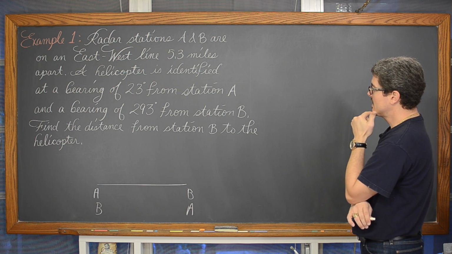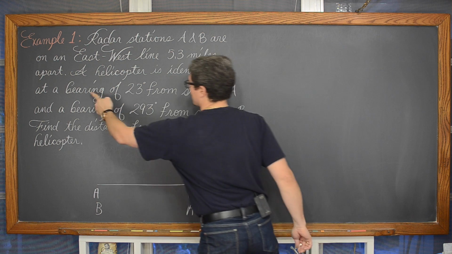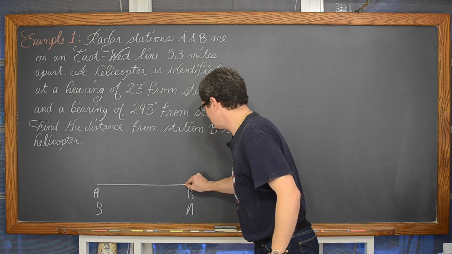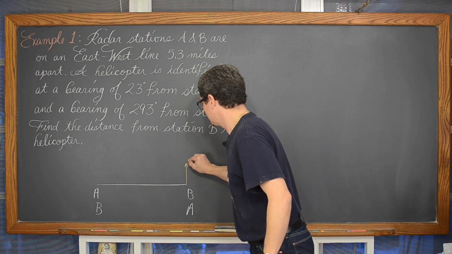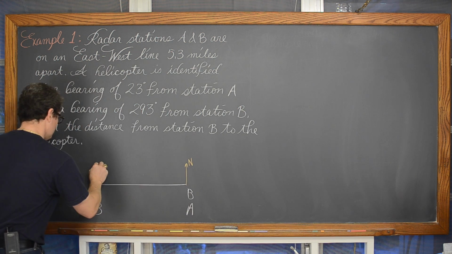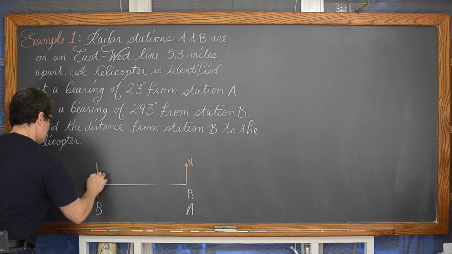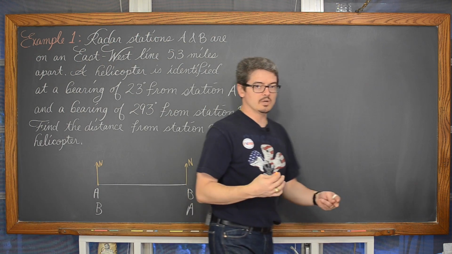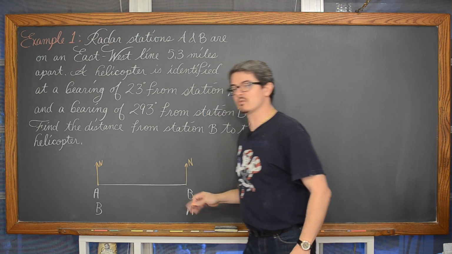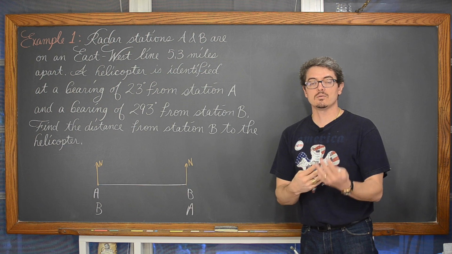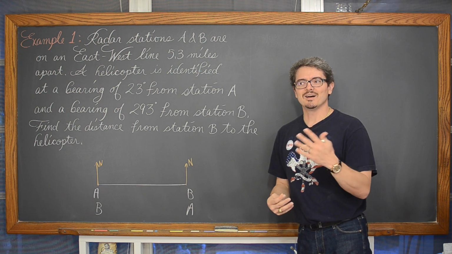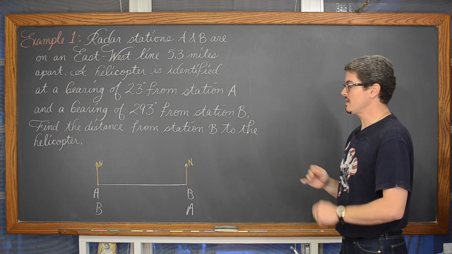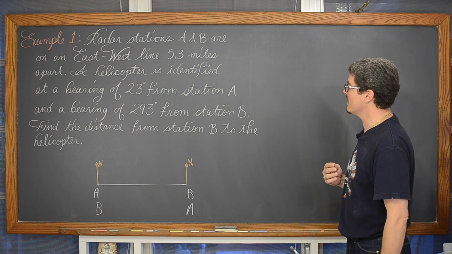Okay, so this is a bearing, so I'm referencing the north-south line, and let's put in a north line here and a north line here. As you set up these diagrams, by the way, the north-south line is going to, basically be intersected by these transversals, and so you'll be using some alternate interior angles or same-side interior angles, some definitions that you started learning in geometry, and you use those properties to find some of these missing angles to set up the diagram.